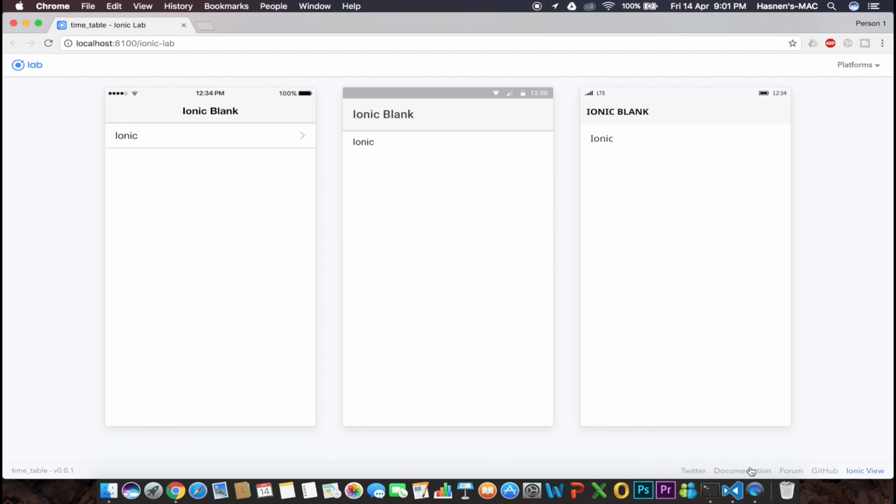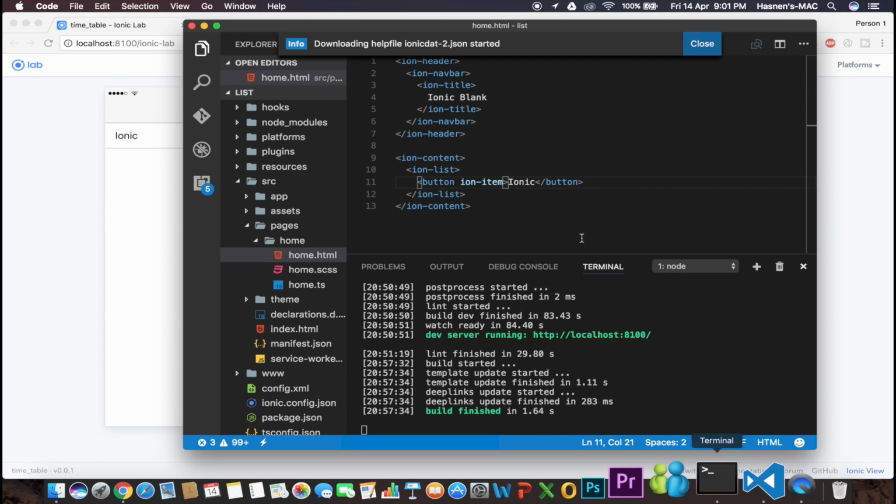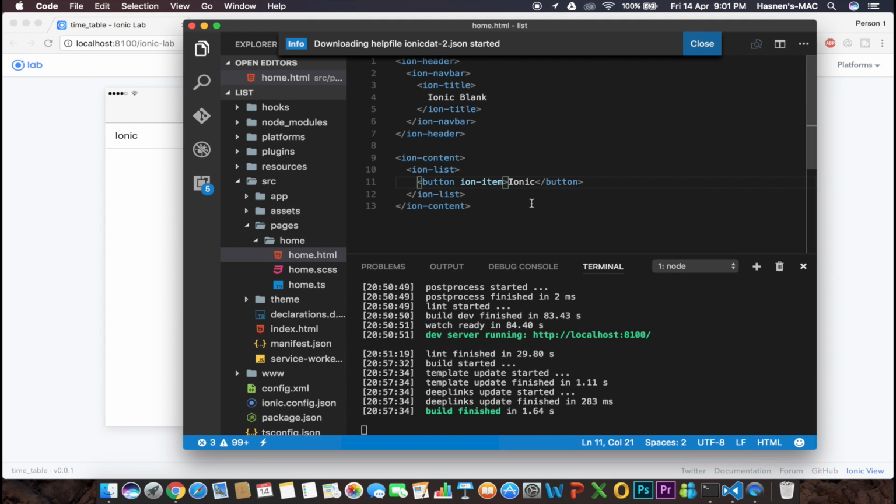So what we are going to do, we are going to create our items of the list dynamically, or we are going to fill our list dynamically. To do that, we are going to use ngFor over here. And the syntax for ngFor is like this. ngFor, I'm sorry, F should be capital. ngFor equals, inside the double quotes,